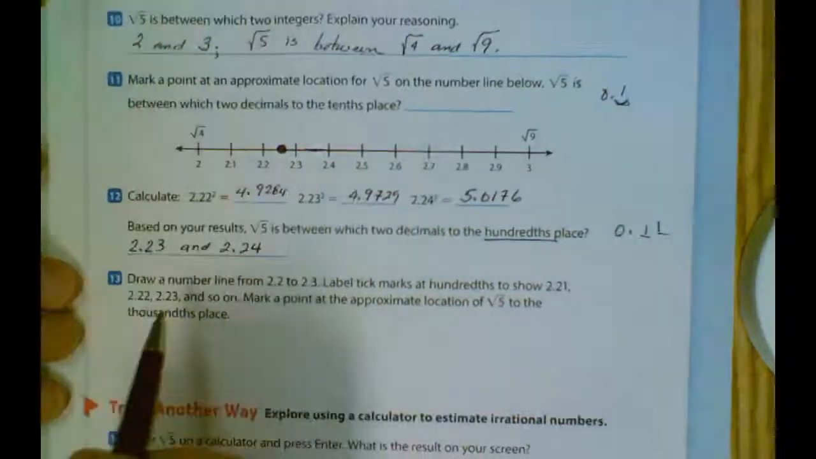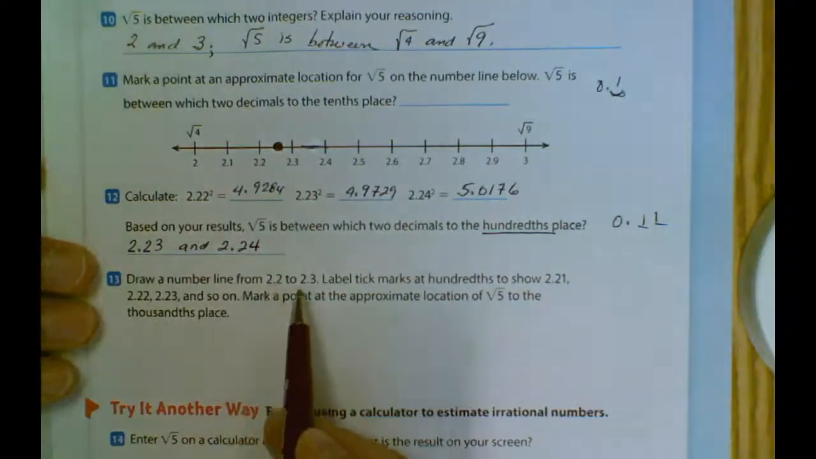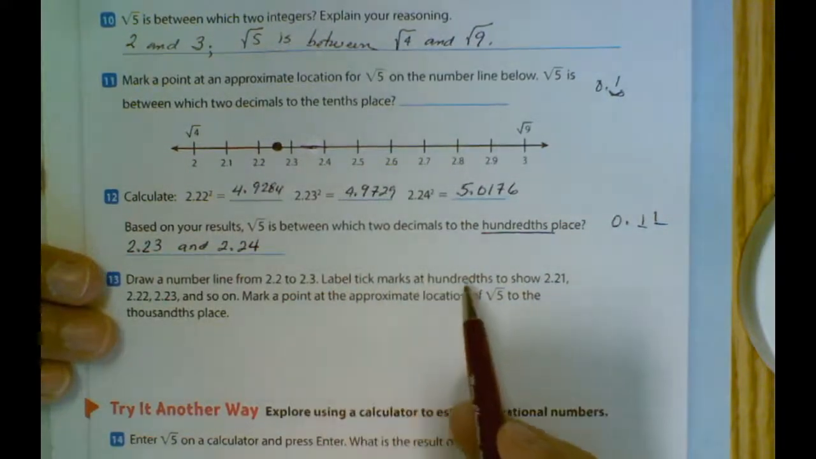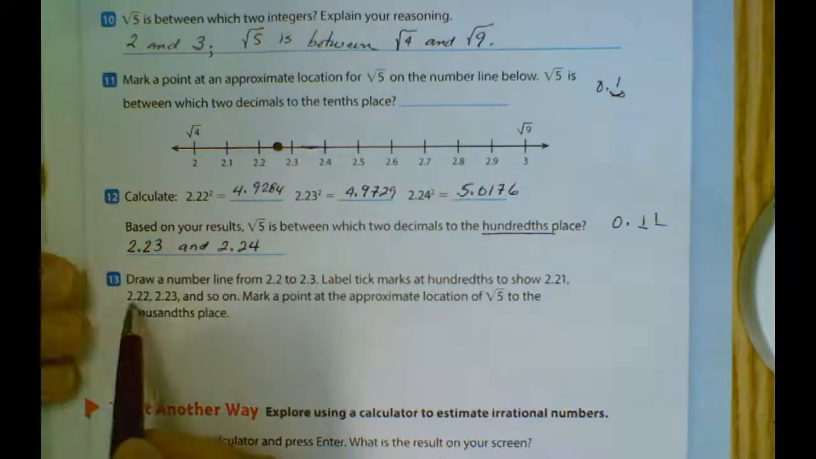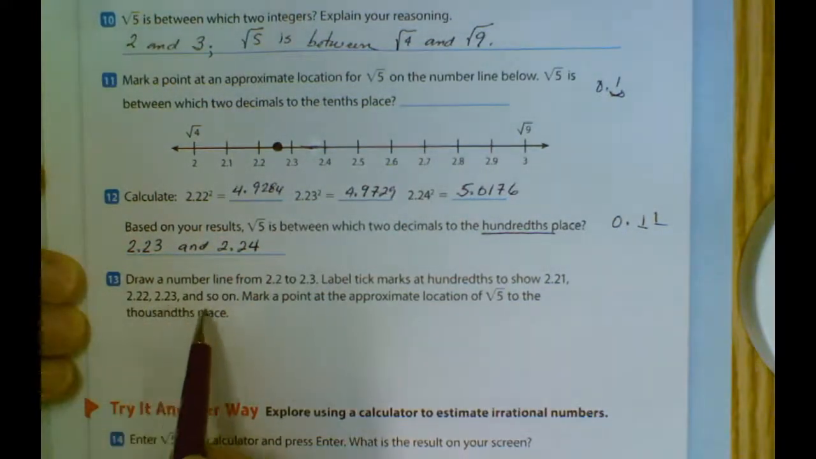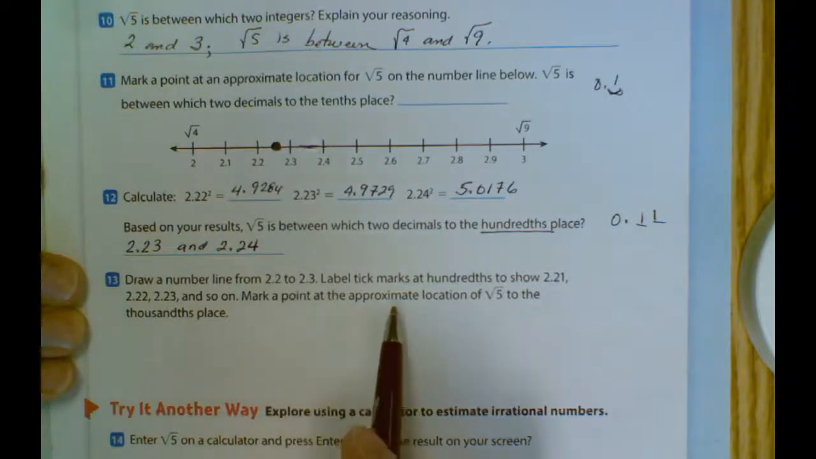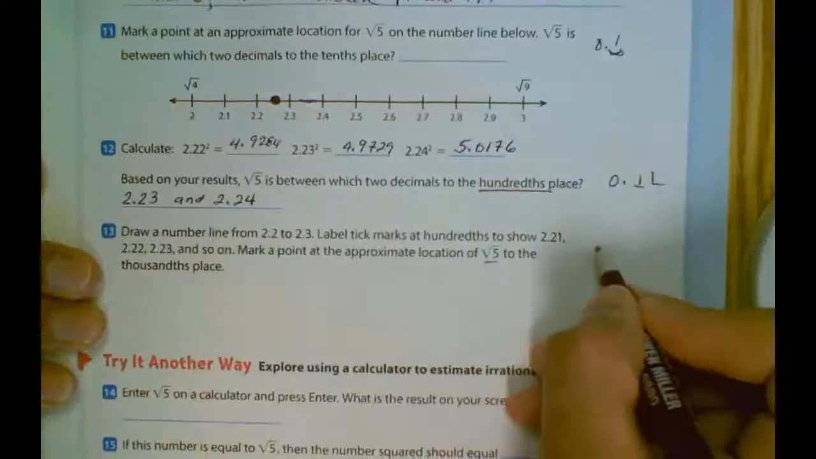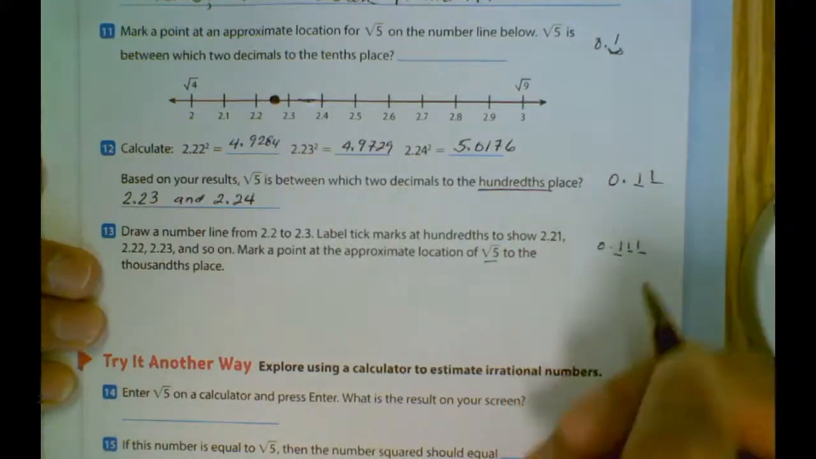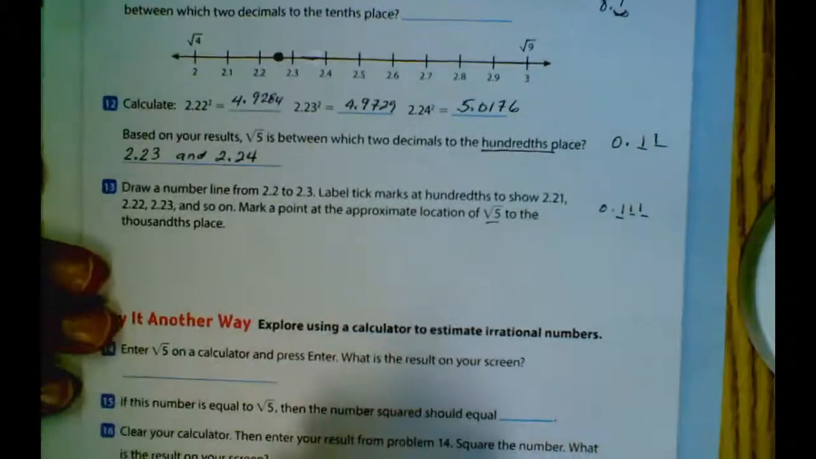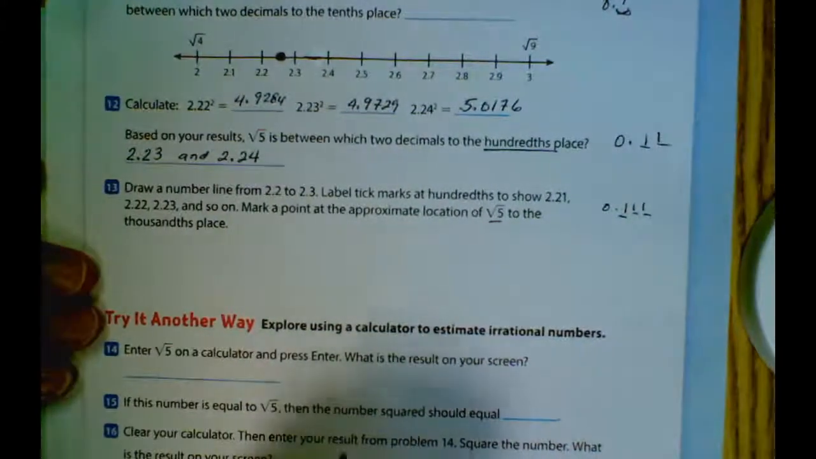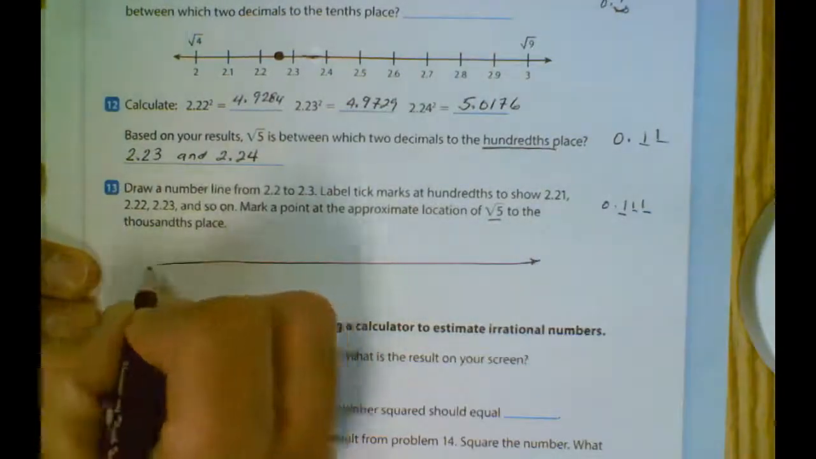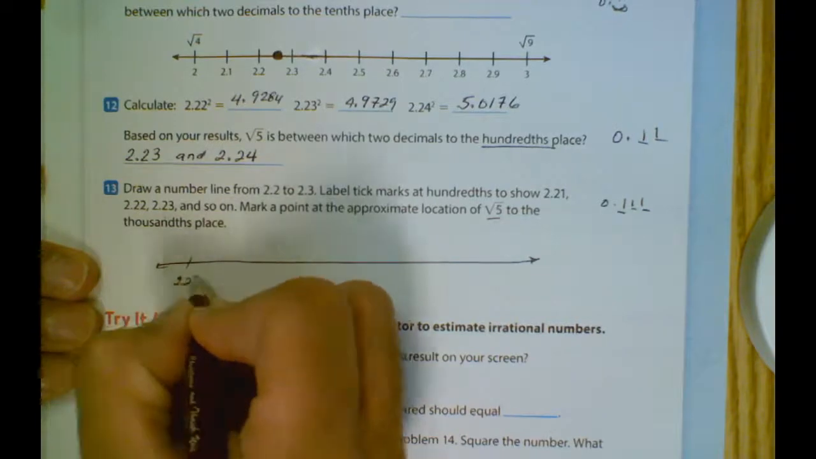Then 13, draw a number line from 2.2 to 2.3, label tick marks at hundredths to show 2.21, 2.22, 2.23, and so on. Mark a point at the approximate location of a square root of 5 to the thousandths place. So we have 3 positions to the right of the decimal point. And in this case, we're going to mark a number line. And we're going to have 2.2, then